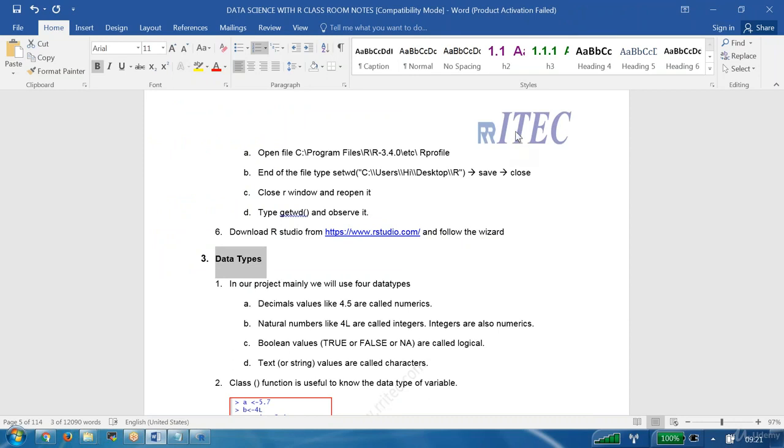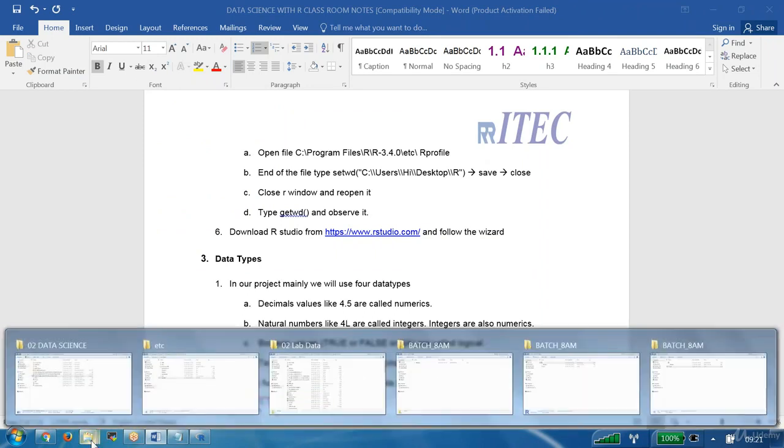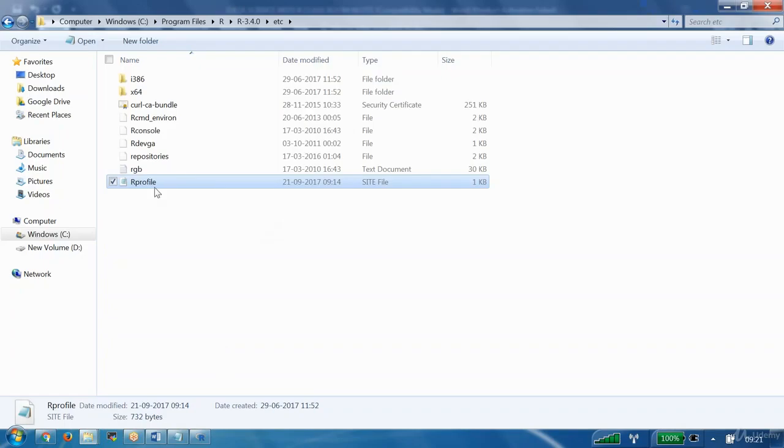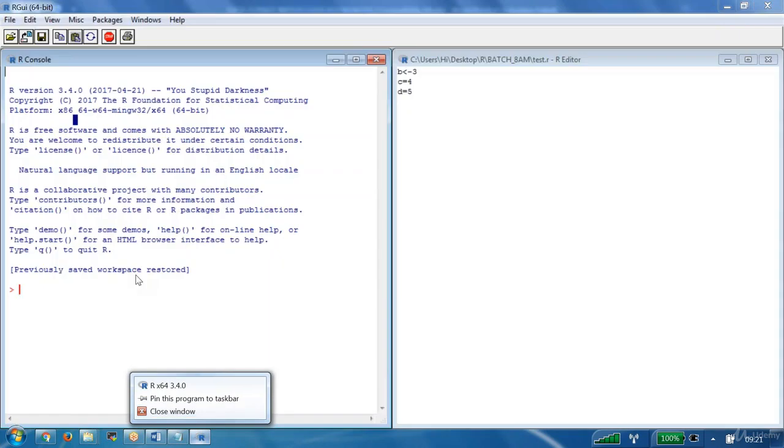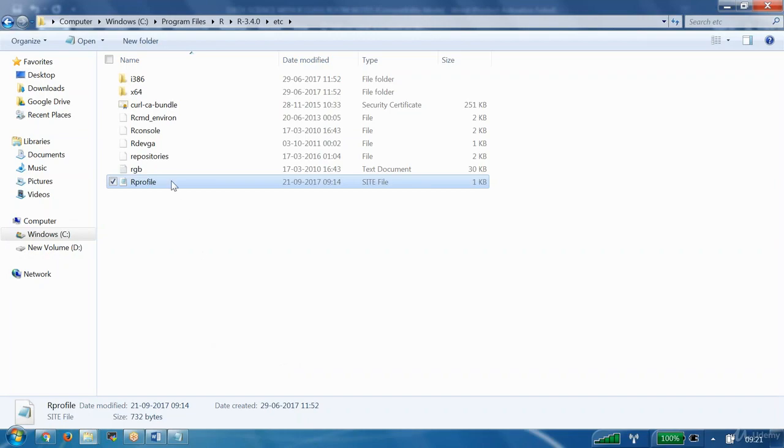One question here. Ram, suppose we delete that R profile, that it is accidentally deleted. In that case, how should we proceed? Suppose this file is deleted now. So can we create a new file and